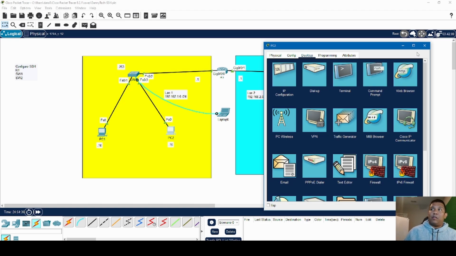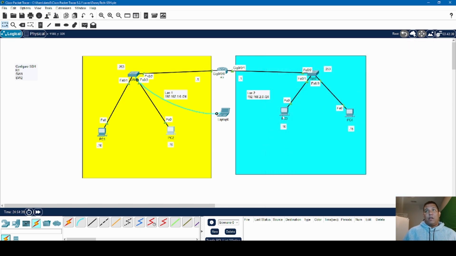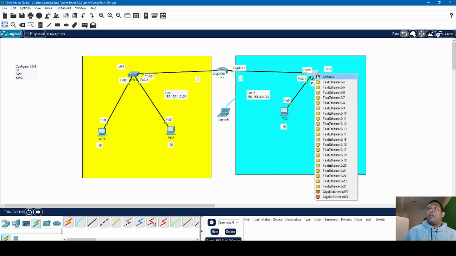But for the sake of this lab, it's only a couple computers and we can knock this out pretty fast. Alright, so we'll go ahead and get into